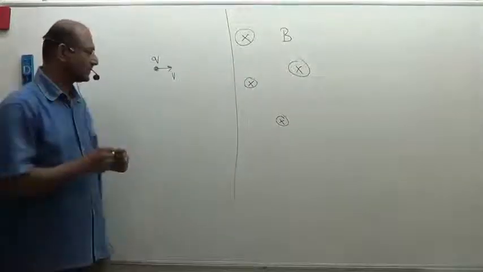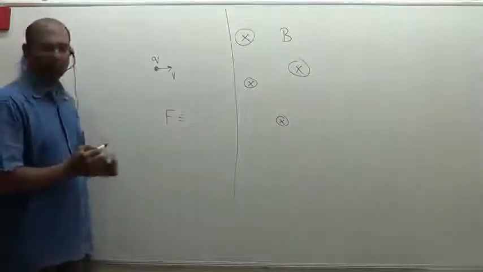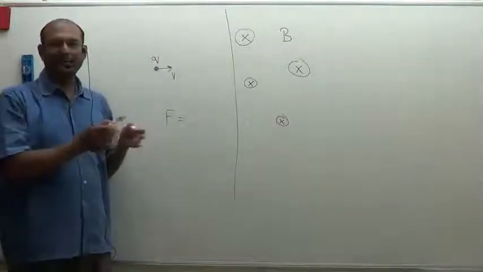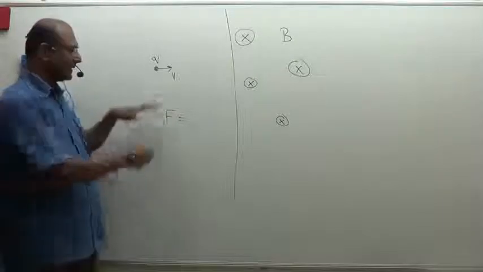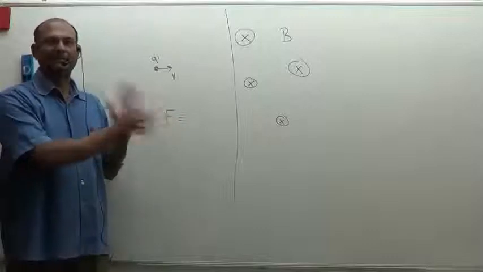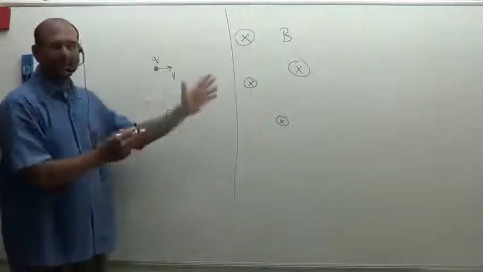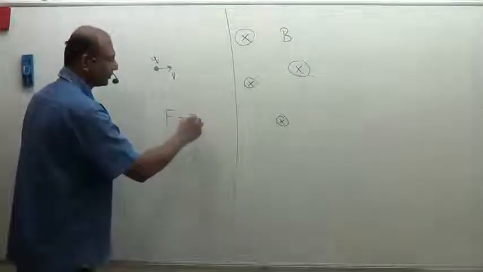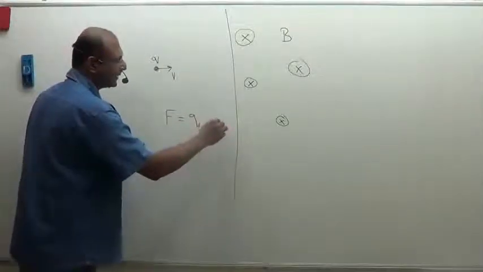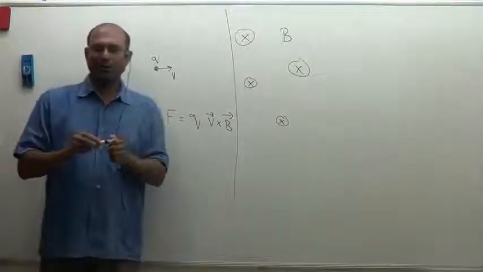Now how much is this force? This is the magnetic force. I'll just write the formula down. There is nothing that we know so far that tells us that this must be the formula. This is a new formula. This basically by experiments, this is the effective force on a point charge in a magnetic field. So the formula for the force is Q V cross B. So this is two vector cross products.